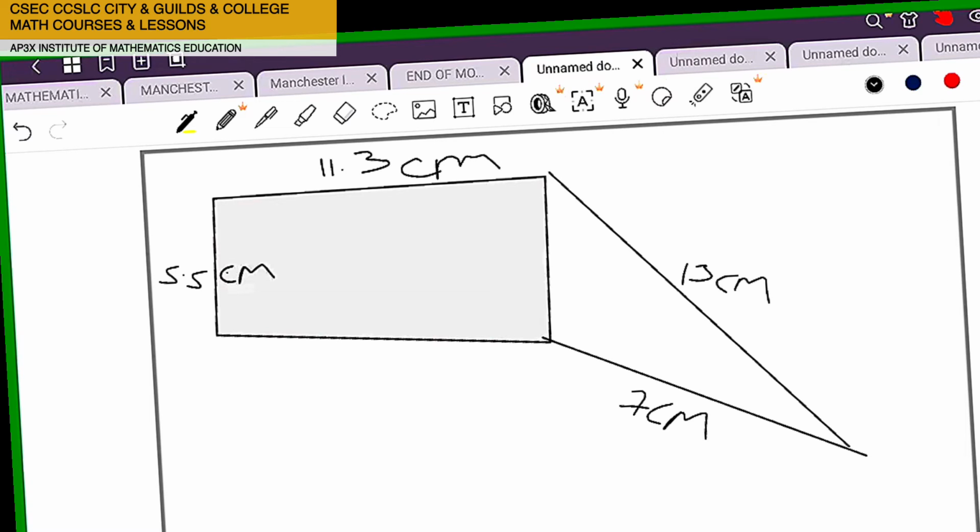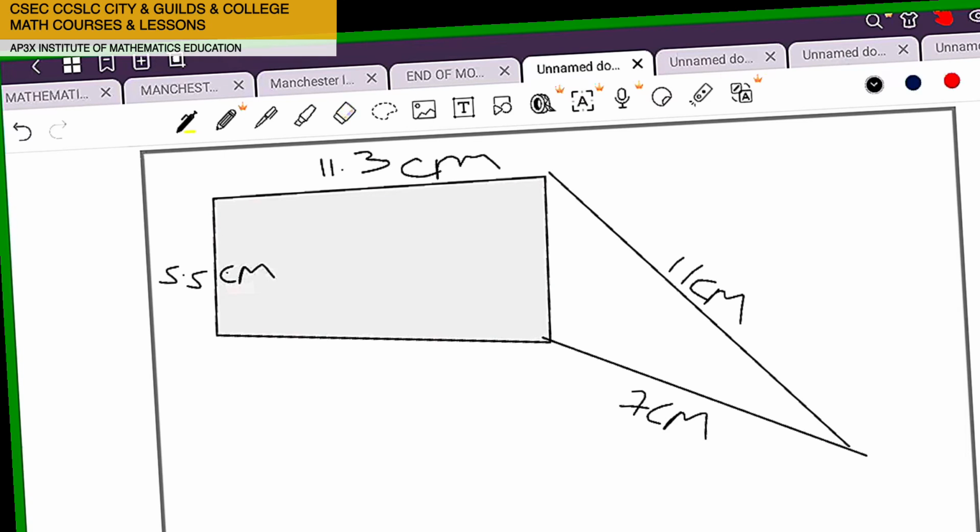Okay, that's 5.5. So give me a sec. I think I need to lessen this side. Give me a second, guys. Let me get it right. It's 11 centimeter. So that would be 11 and 7. That's 18. 18 and 5. 23. All right, that should work. So that's 11 centimeter. All right, so the question then is going to be